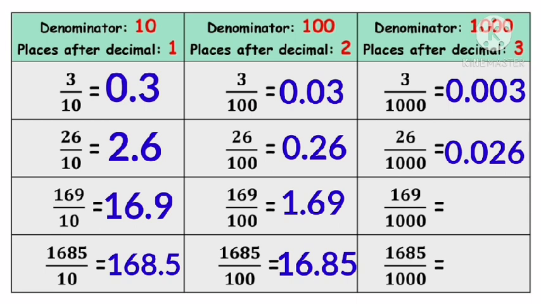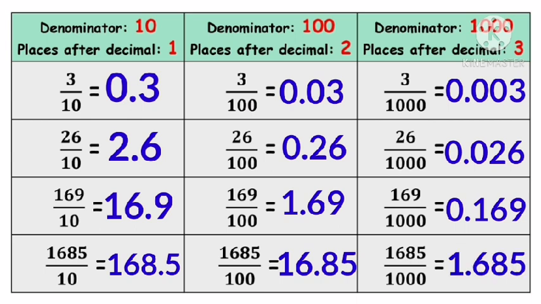169 by 1000. Yes, here the numerator has all the 3 digits. So we don't need to add any 0. It will be directly written as 0.169. Now comes the fourth fraction, 1685 by 1000. Correct. It will be represented as